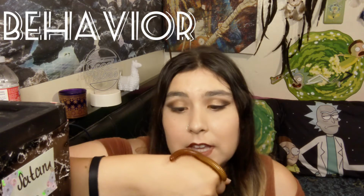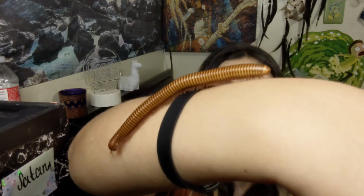As you can tell, this guy is super gentle, super chill and peaceful. They're really good. They don't bite. They have little mandibles, so it might feel like they're tickling you a bit, but it's not a bite. It doesn't break skin or anything like that. The legs on your skin do feel a little weird at first, but just look how awesome they are. Look at those. Look at that awesomeness. Anyways,